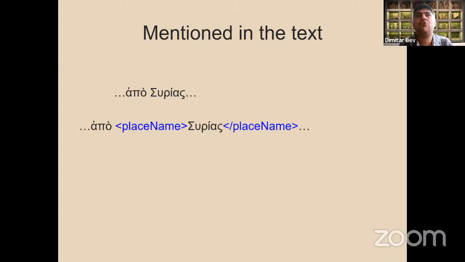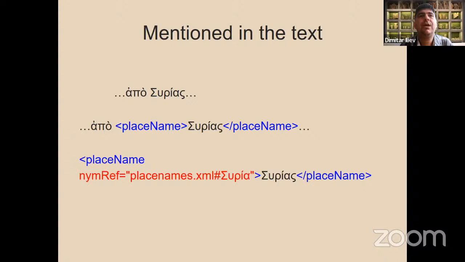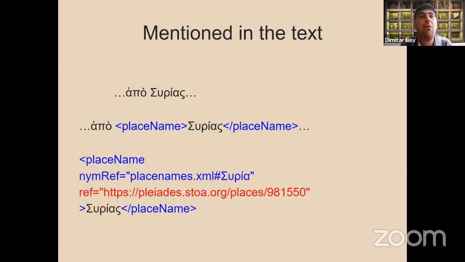For example, apo Syrias, of course, you use the place name. The place name can refer to, I would strongly recommend to use ref here and not nimref. A place name could use a reference to a place name list, which you store as a separate XML file in another folder of your project. We will dedicate a whole session tomorrow morning to how this is done. Or you can refer also to an external